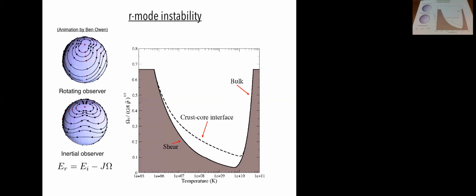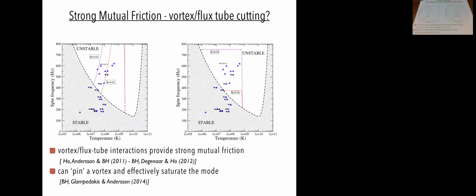And then we can go and look at various systems, because what you would expect is that when the mode grows, we can look at systems that are old. Let's go here, where at old accreting systems in which we can measure the spin frequency of the star and the temperature, and we can try and populate this diagram. It turns out that you see that there's a lot of them sitting here. And we don't really expect to see them sitting here, because if they are emitting gravitational waves, they should spin down quite rapidly and exit the instability window, if the mode can grow to large amplitudes.